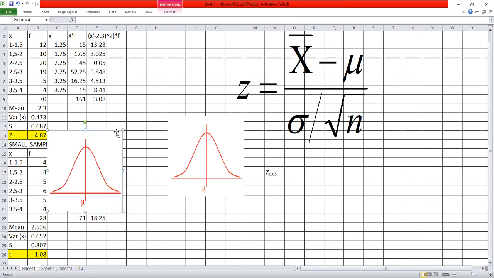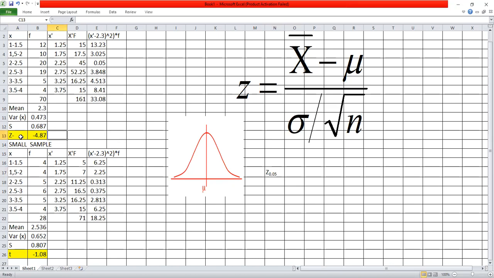So this is less than 1.65, and hence we accept the null, and hence the null hypothesis is accepted, and conclude that